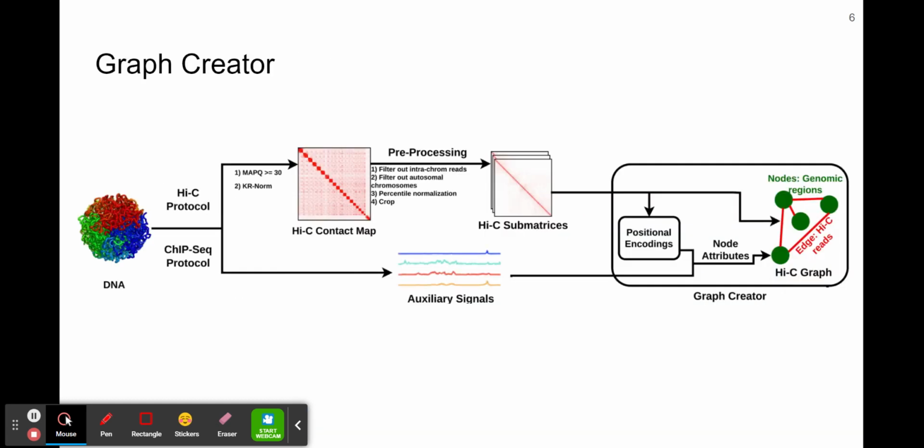To embed both of these modalities in a single representation, we formulate our genomic data as a graph, where each genomic locus forms a node and observed Hi-C contacts provide the edge weight connecting them. Moreover, we embed ChIP-seq signals coupled with positional encodings as our node attributes in the graph representation. We construct the positional encoding vector by picking the top 8 components of the eigenvectors of the Hi-C contact map. These eigenvectors intuitively position nodes that belong to the same structure together, thereby providing a notion of position to